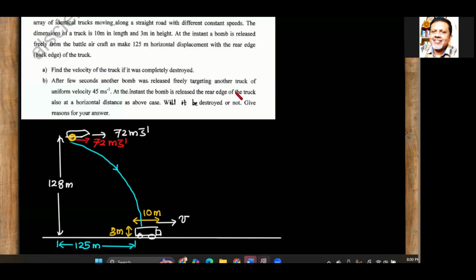Right? If it was completely destroyed, how can we say that? What is the condition for completely destroyed? I mean, if a bomb falls on the rear end, maybe not completely. And the front end, maybe not completely. So shall we take it as the middle? We don't know. Right? It is a very tricky